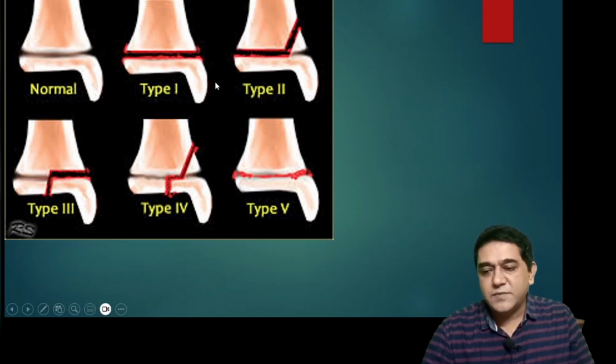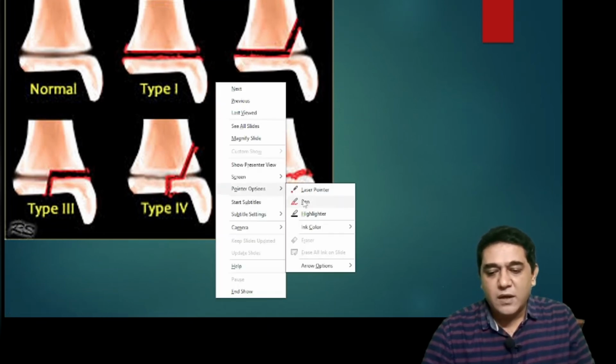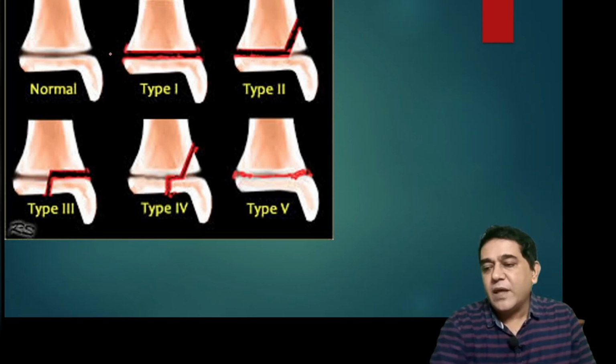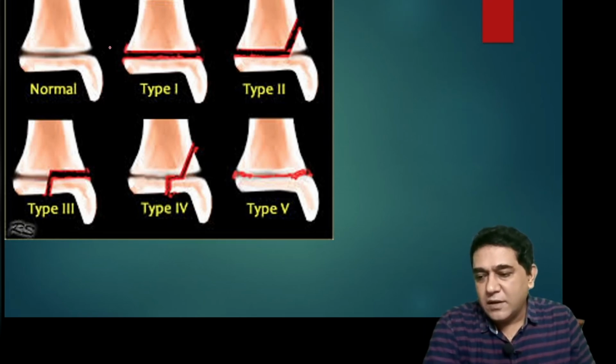So this picture I have borrowed from Radiopedia, and this schematically depicts all the types of Salter-Harris classification. So this one is the normal picture where there is this epiphysis, the metaphysis, and the normal physis or the growth plate in between. In type 1 fracture, we can see the metaphysis and the epiphysis remain intact, and